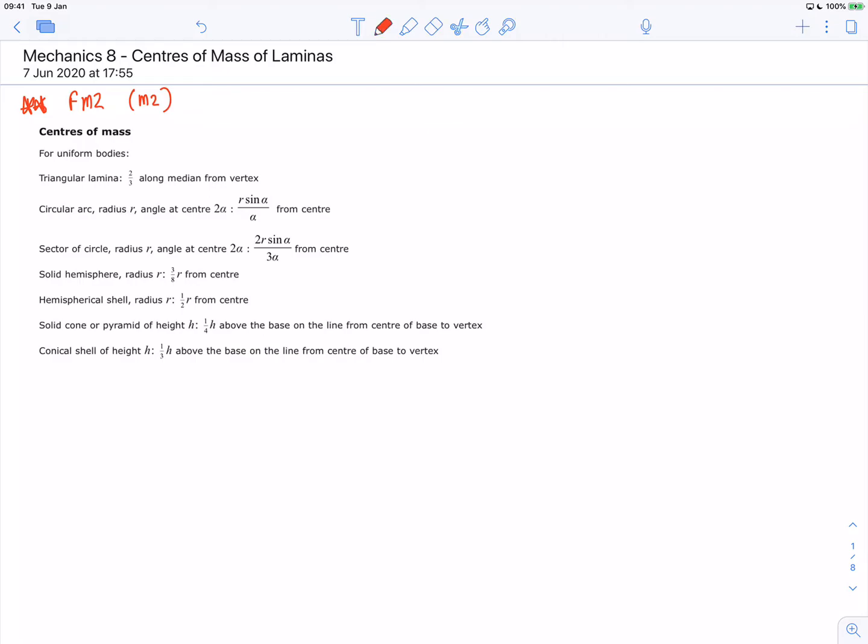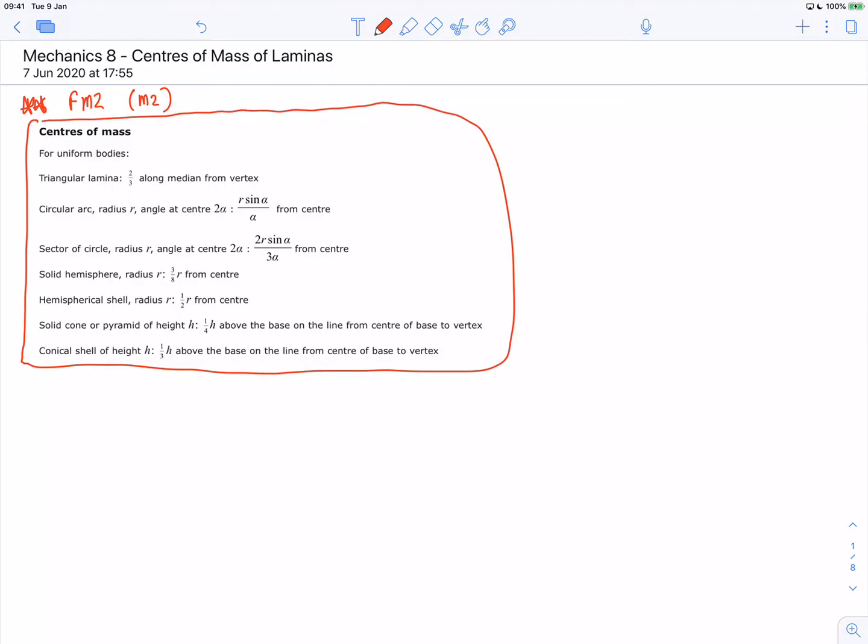Okay, that being said, all this stuff here is given to you in the formula book. So you don't need to memorize these at any point in time, and to be honest, that's quite good. Where these things come from, we probably have to do a little bit of calculus first, but first of all,